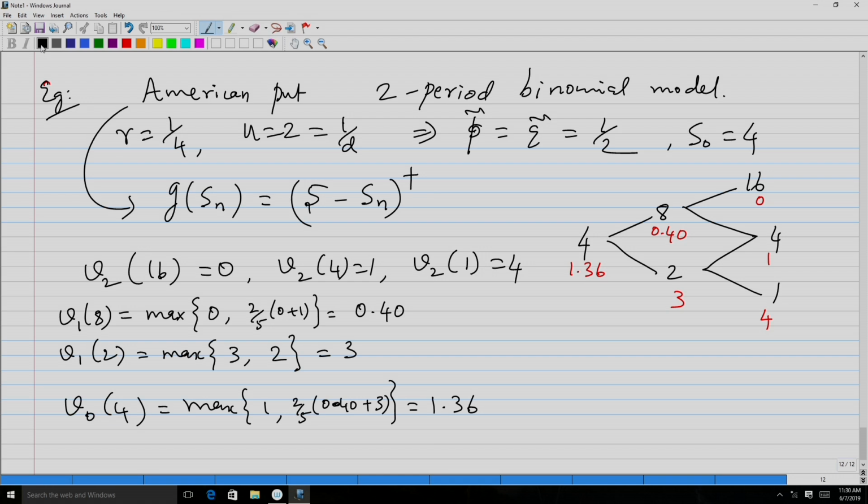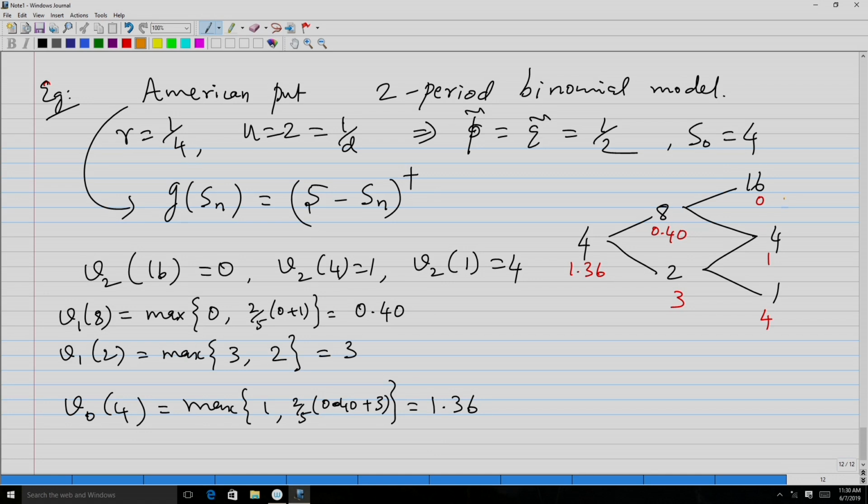Okay. Now, if I compare with the corresponding American call on a non-dividend paying stock, the price is the same as the corresponding European call option, but that is not the case with respect to the American put option. Now, what would have been the price of the corresponding European put option if this is not an American, right?